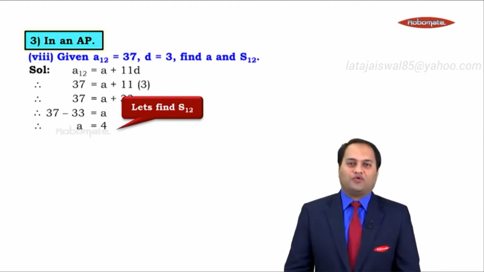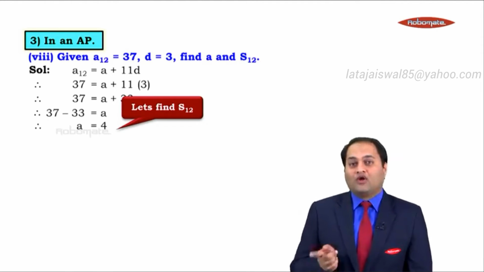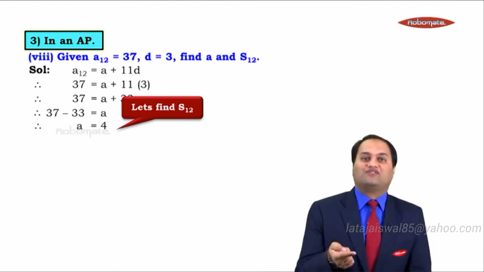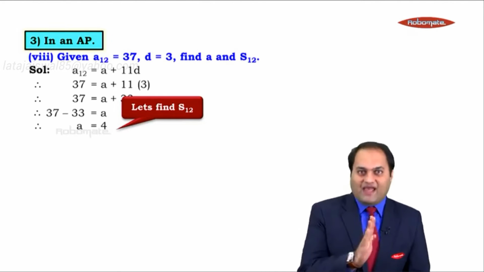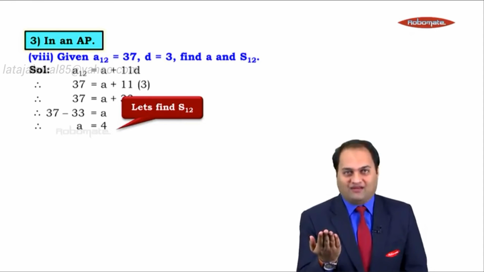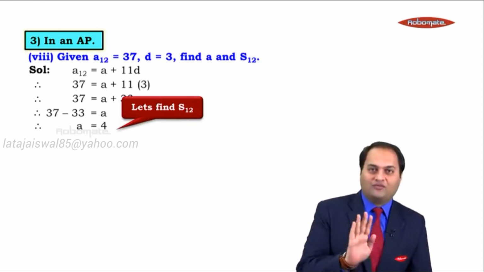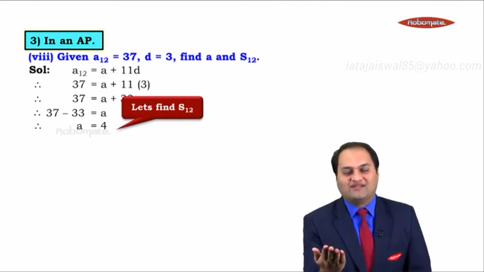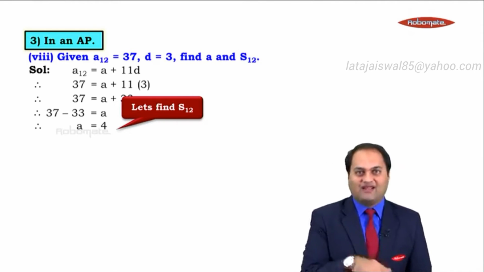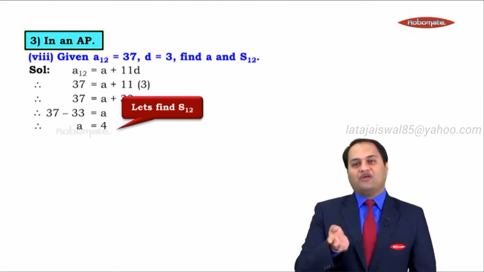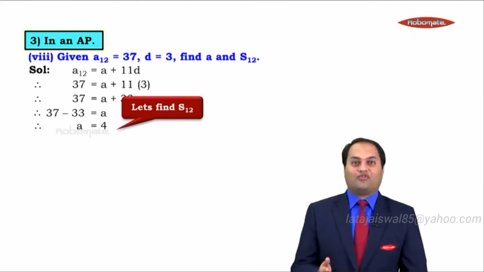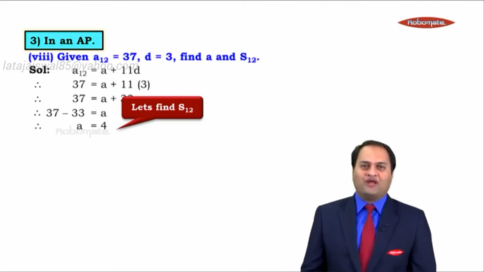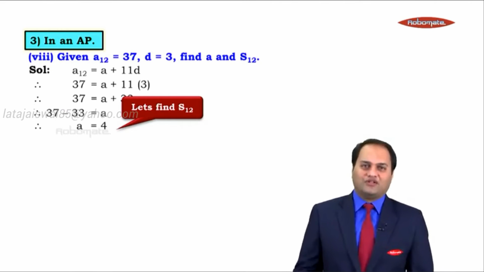Now we are definitely in the position to find S12. Now to find S12, D is also known and A12 is also known. See, in the Sn formula it is An. So if it is S12, An is nothing but A12, right? Because S12 is asked, An is A12. So can we say here also An is given to us in the form of A12 and D is also given to us. So you can use any of the two formulae. I think the second formula is better because it's faster, right?